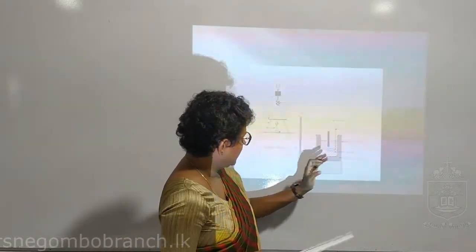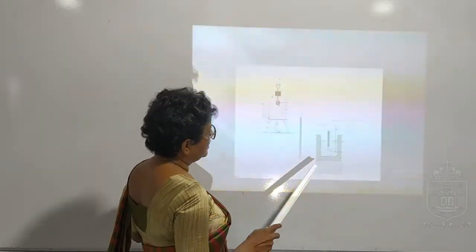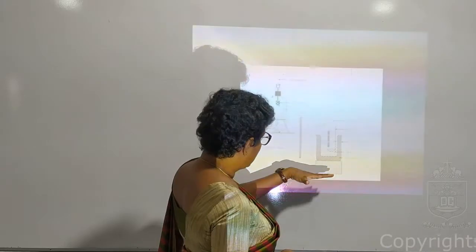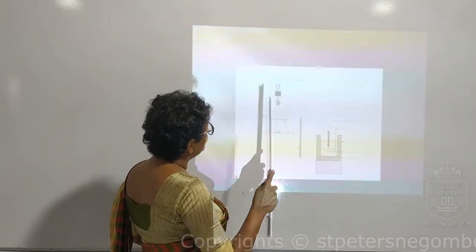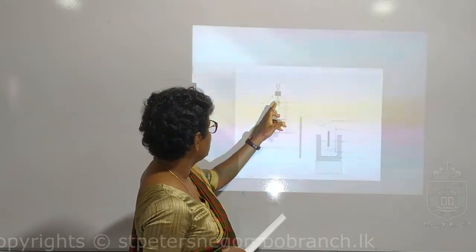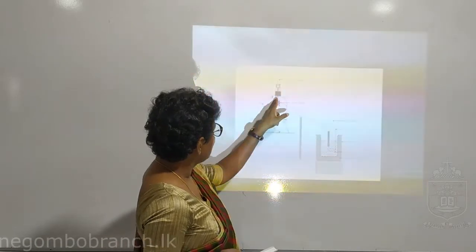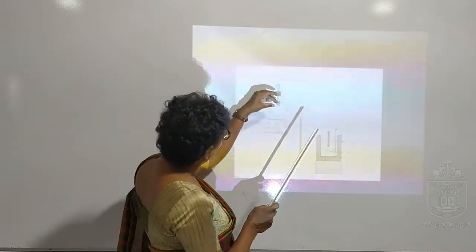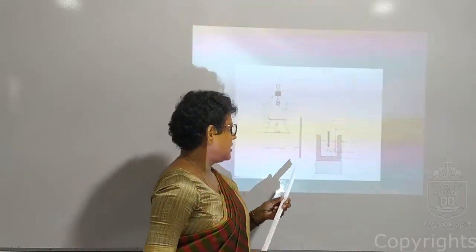It is contained with insulated outer casing also to avoid conduction. Here also it is kept on a wooden piece of stage to avoid conduction. And you have a stirrer and a thermometer. Here also you have a thermometer. Now you are giving heat, and when the water boils, the steam comes and heats the lead shots. When the thermometer says a steady reading, you open this and all these lead balls will come into the calorimeter.